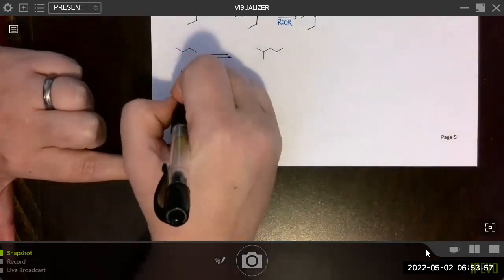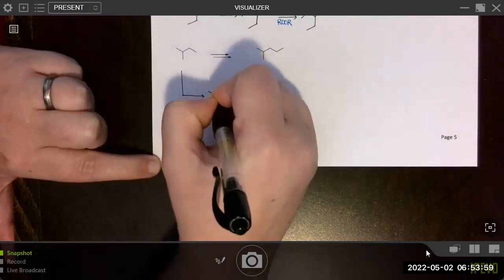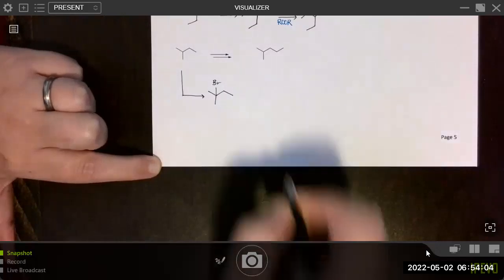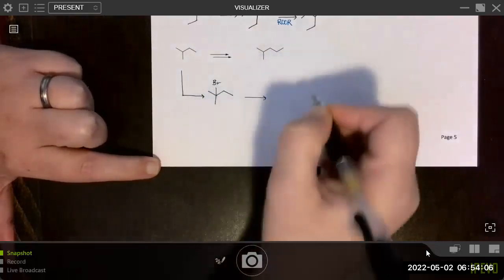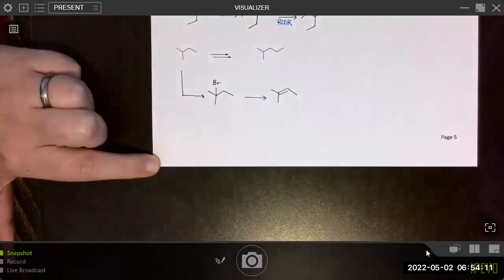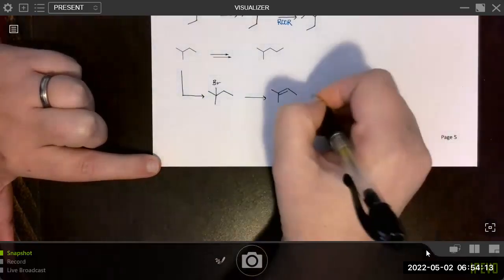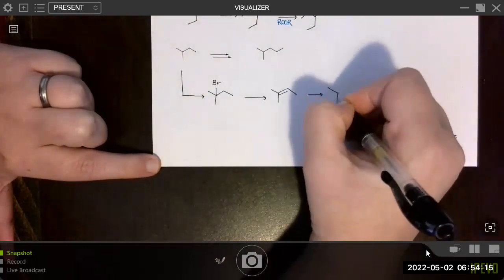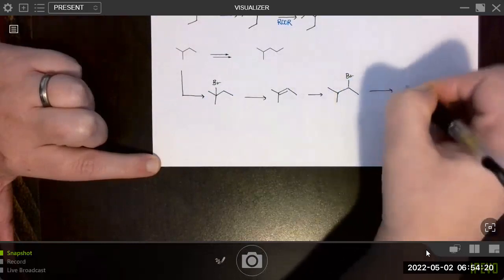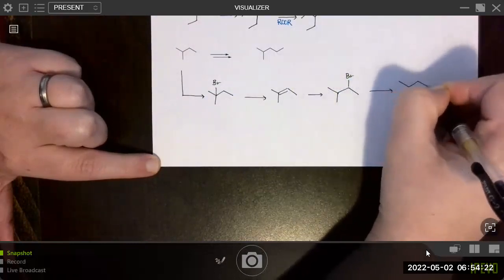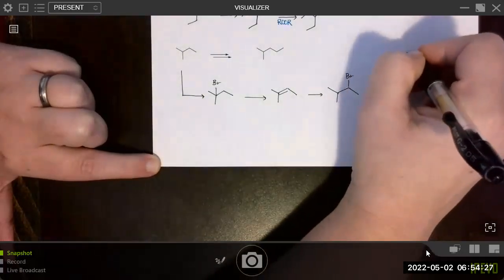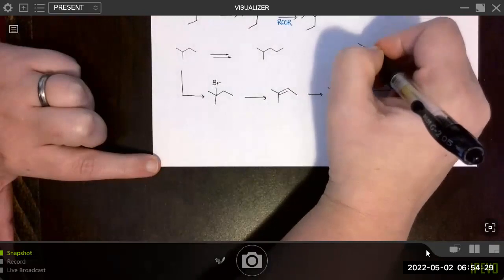We start with radical halogenation because that's the only choice available to us. We can do an elimination, followed by an addition reaction, followed by another elimination. Now we're getting closer to what we want. The goal is to convert this alkene in a 2-step process to an alkyne.